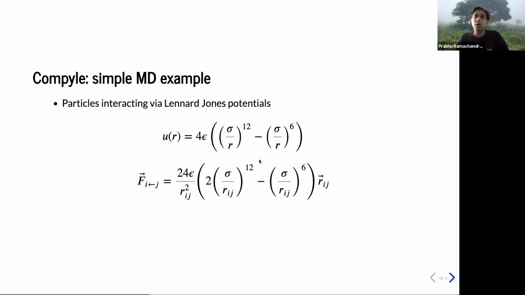So I'm going to jump right into Compyle and just walk you through some simple applications. Don't panic at this. This is basically a simple example of a collection of particles that are going to interact via Lennard-Jones potentials. I'm not going to show you any animations here. I'm just going to give you a high-level idea. So imagine that you have, say, 10,000 molecules. Each of these molecules essentially interacts with other molecules using a potential, right? And this is the potential function. And if you differentiate that, you get a force. So if I give a particle i and a particle j, the force of the particle j on the particle i can be given by this expression.